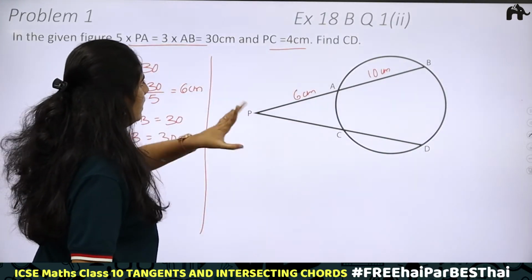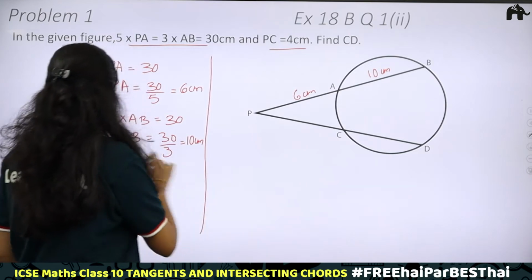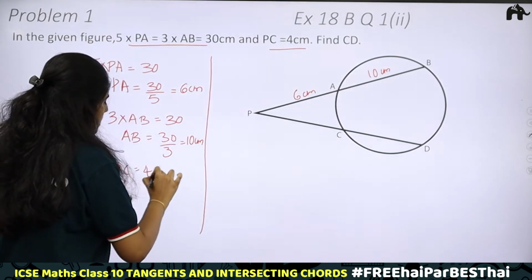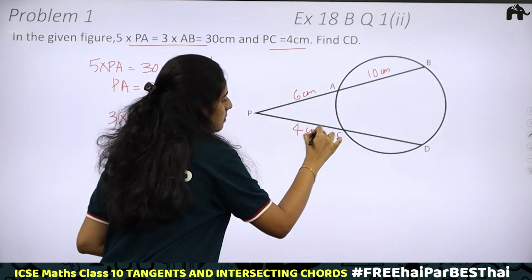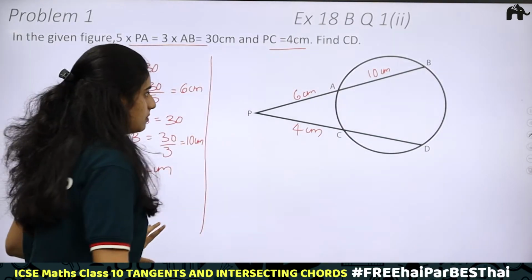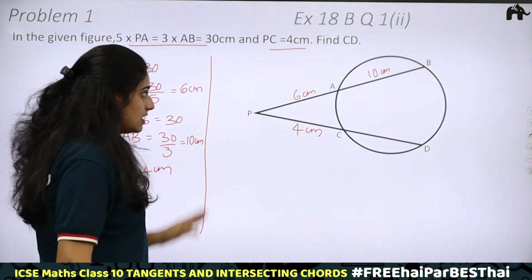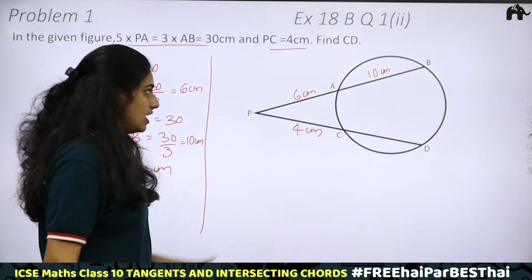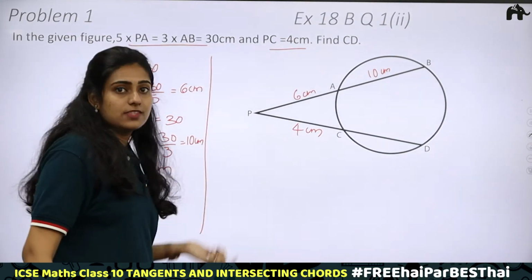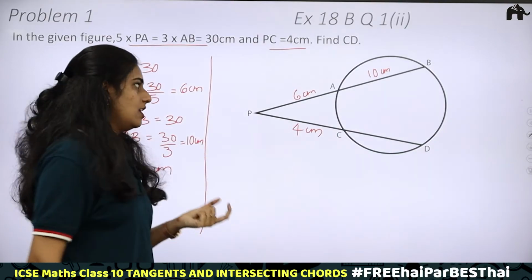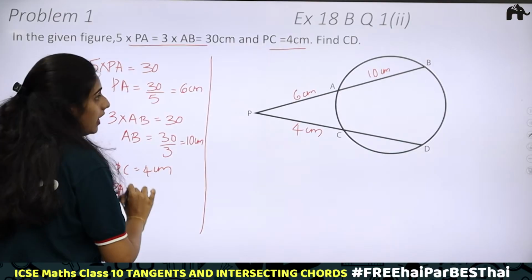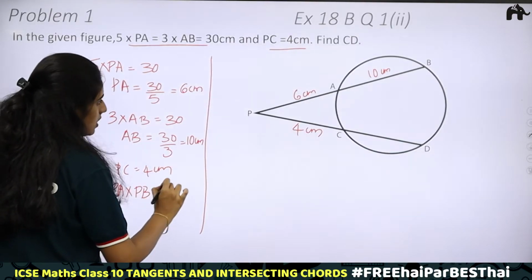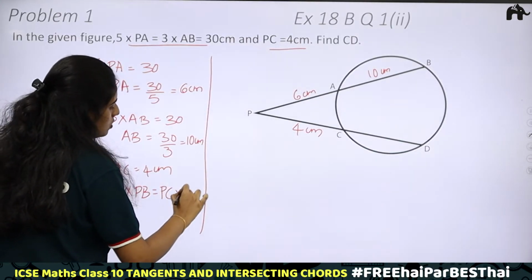Next, it is given that PC is 4 centimeter. Where do we have PC? PC is this part and that is 4 centimeter. So according to the theorem, that is when two chords intersect internally or externally, the product of the length of segments will be equal. So using that theorem, we will be having PA into PB is equal to PC into